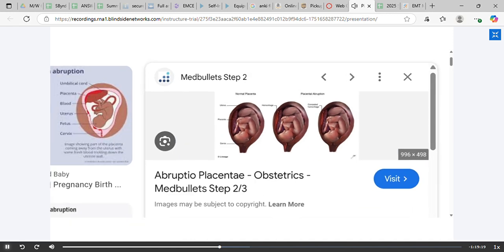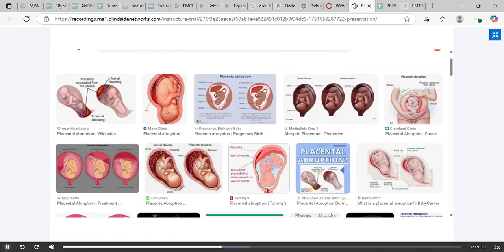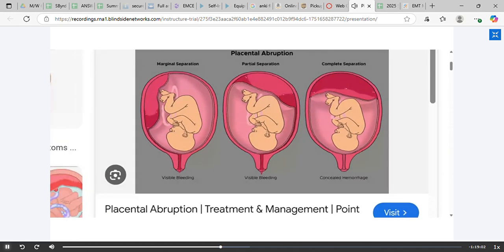So the abruptio placenta is painful vaginal bleeding. You may or may not see it based upon the location of the tear, but your patient, your mother, will be showing signs of shock. This is another really great picture because it shows some separation right here, kind of on the inferior side, so the blood is able to come out and we see visible bleeding. Separations kind of on the side and the blood's able to come out and still kind of intact in the middle. But if it's completely, if basically you can't see it, then the hemorrhage is concealed and she's not